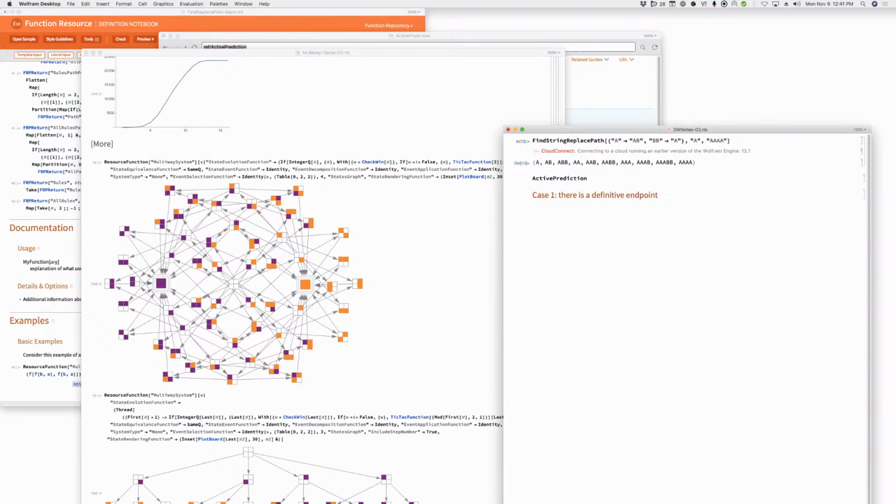Okay, or maybe, or possibly a pattern for the endpoint. Am I making sense? That is, there could be several different possible endpoints, but they all have a certain pattern form. And then case two, which segues into more of a machine learning story, one just wants to find